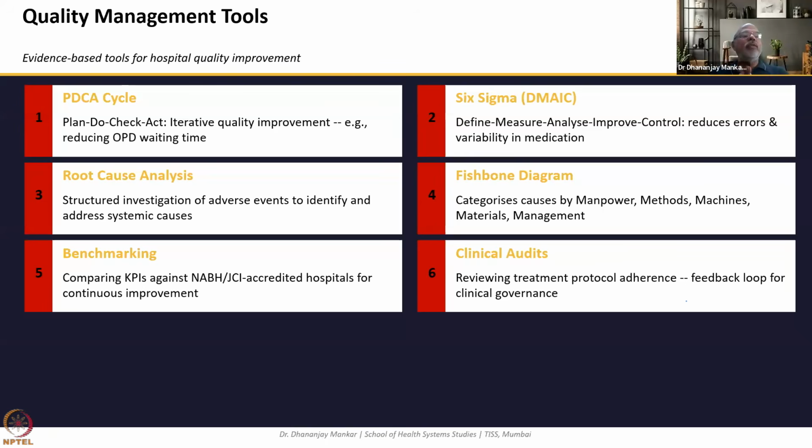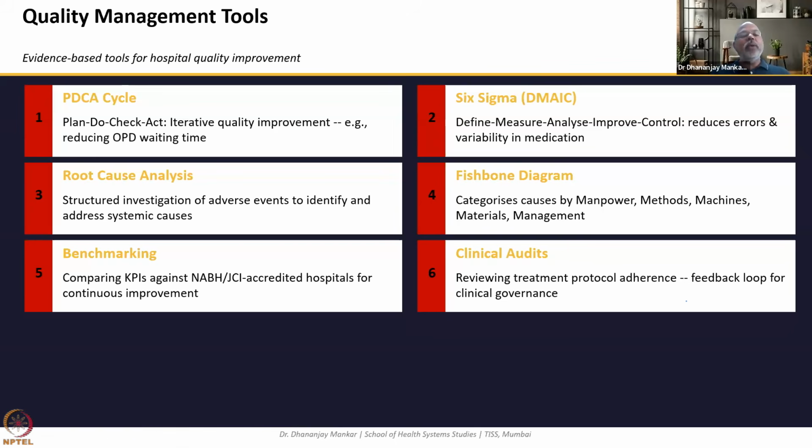I can say this is one reason that you cannot always solve the problem of quality management with only one set of tools. So out of all the six, you can pick up the first two, which I have given particularly for this hospital. As a quality management professional, I can say PDCA and Six Sigma will solve the major problem for you. But as you have already done RCA, you know what the major issues over here are. So what is the problem?